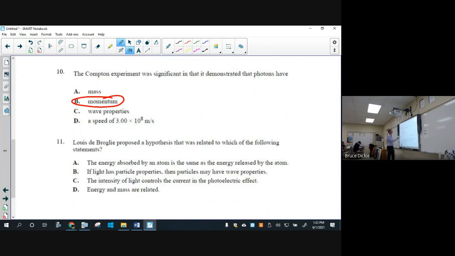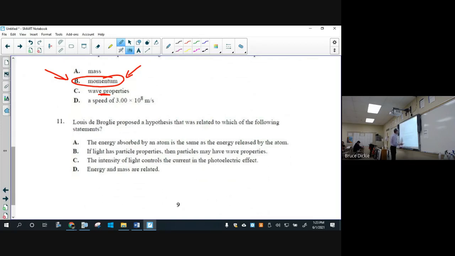Do photons have wave properties? Absolutely they do. That's a correct statement. Well, no, it's not, because the Compton effect doesn't demonstrate that. Photons do have wave properties, but that has nothing to do with the Compton effect. Do they have a speed of 3 times 10 to the 8? Yes, but that's not demonstrated by the Compton effect. Do photons have mass? Well, no, they don't. So they do have momentum, they do have wave properties, they do have a speed of 3 times 10 to the 8, but this is what Compton told us, that photons have momentum. And lastly,